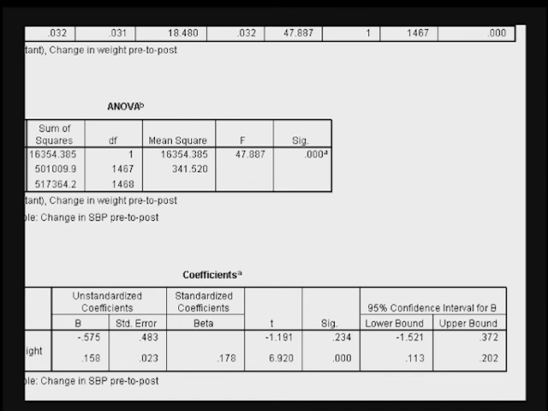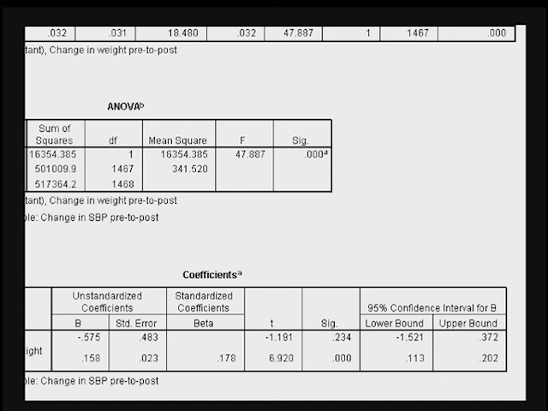Now let's go back to this. What does this 0.158 mean? Well, it means that for every change in weight of 1 pound, there is a 0.158 change in the systolic blood pressure. So it's not quite a full millimeter of mercury. It's actually about 1/6 of a millimeter of mercury that the blood pressure goes up with every 1 pound increase